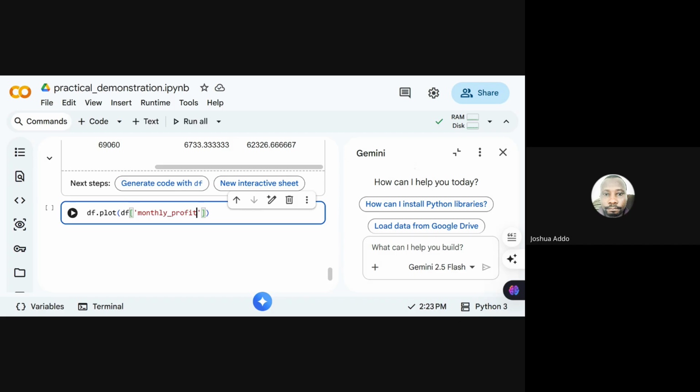Or I can do it more formally and say, what do we call it? Time series. Okay, I want to see how the monthly profits distribute, the trend in the monthly profit across the period, the months. In that case, I'll do df.plot x